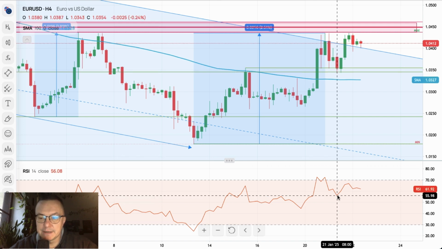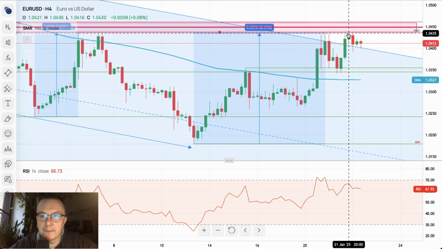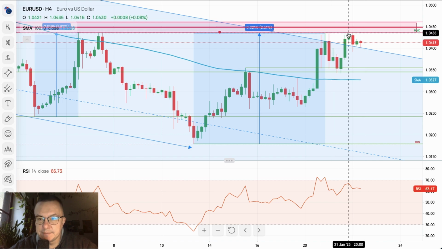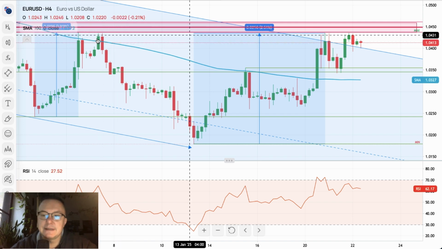when the RSI is only 55 points. We have a bullish engulfing movement back towards the level of 1.0435, which is the famous lower level of the supply zone, right? And the technical resistance, of course, and this level has been tested at least 1, 2, 3 times already, and this is the 4th and 5th and 6th time.